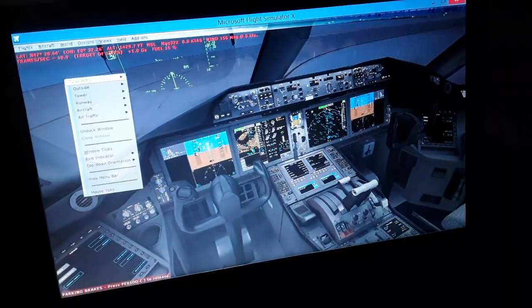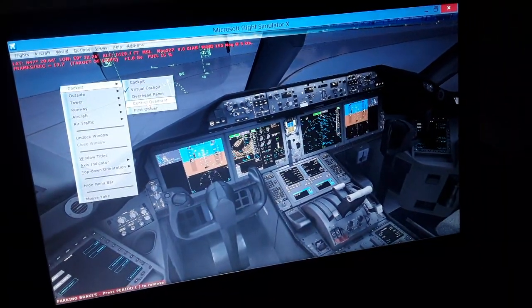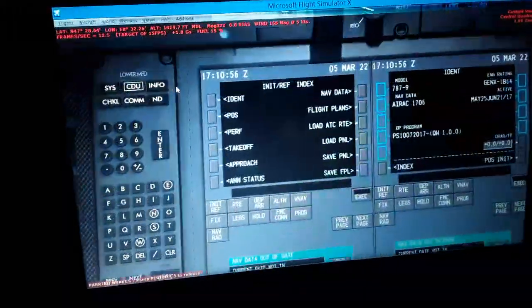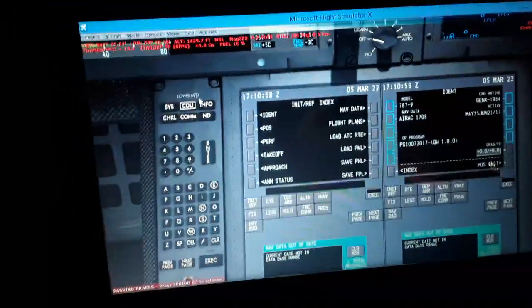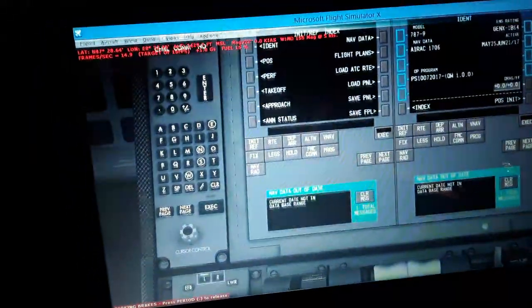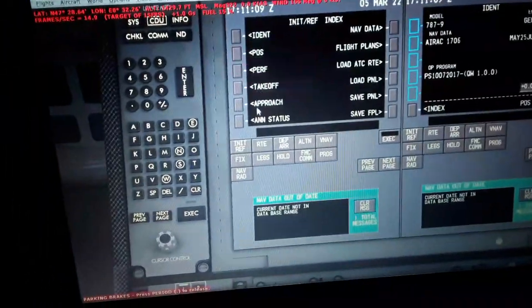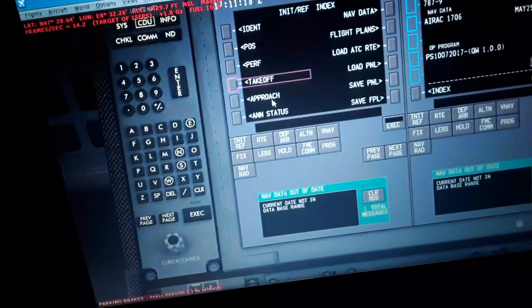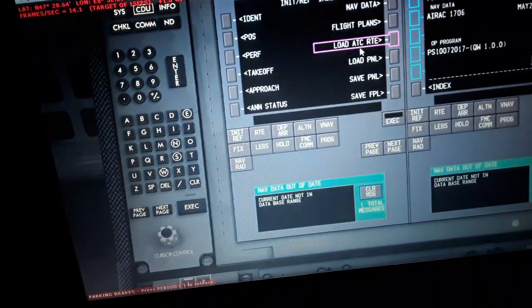So we're gonna go over here in the flight management computer now, control quadrant. So you'll see one more display here. So you can see the functions I told you. We have the mouse pad to control the cursor here, the keyboard also. So we have the functions here: identity, position, performance, takeoff, approach, and status, navigation data, flight plans, load aircraft